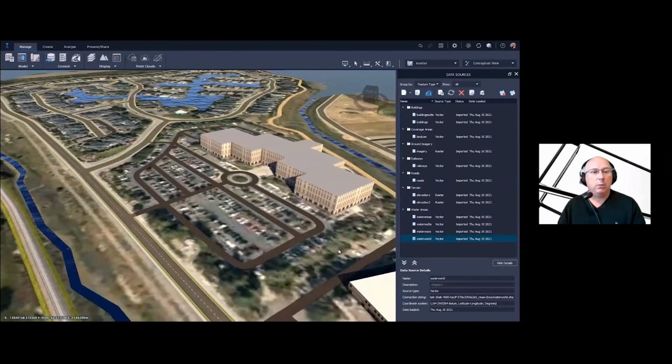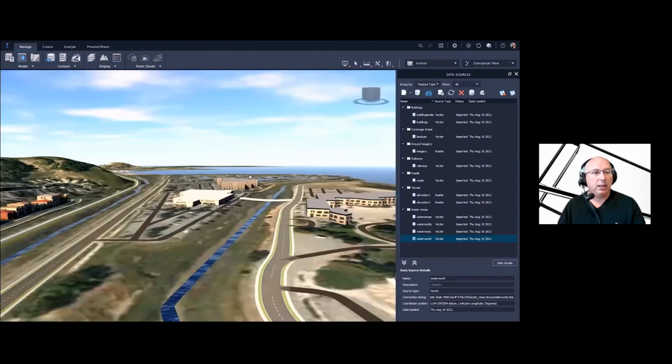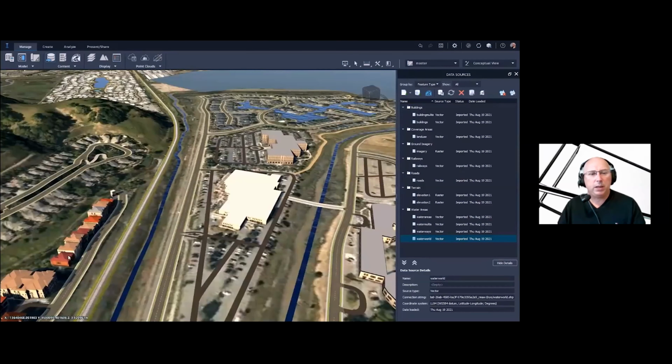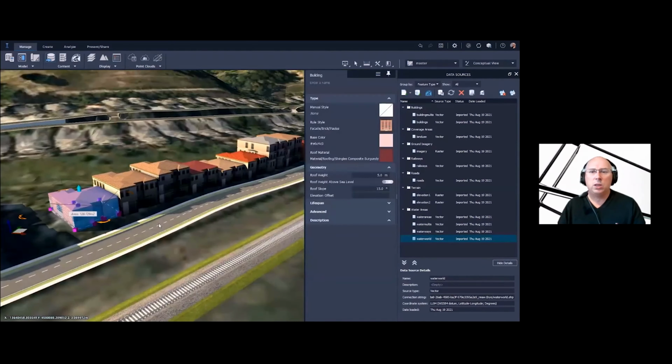So if I zoom and pan around here, you can see that there are other buildings and they've been styled automatically. I pan around and here's a building. So let's pick on this one building on the corner here and change it. That one there has its own facade. What's happened is it still has the outline of the building, and they've just applied a brick facade to it and gave it a roof material and even a roof slope of 15 degrees. It just all went in automatically. Unless OpenStreetMap had some of that data, it would apply it.